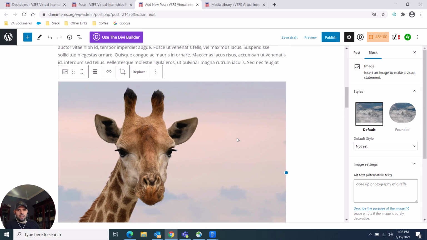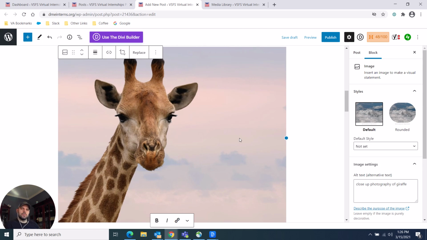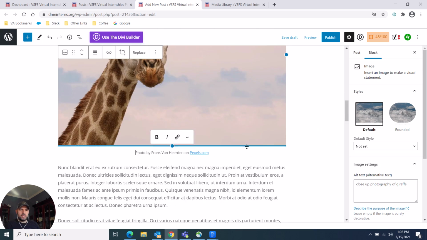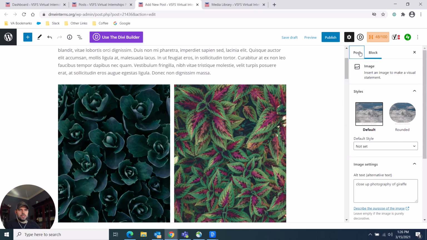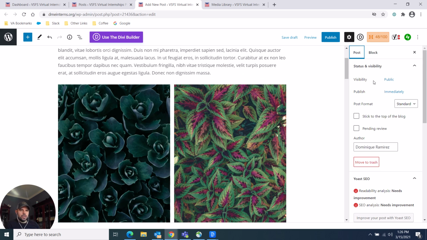It's kind of cool that they have an integration with Pexels. So anyway, that's kind of how you build out a blog. Some things to keep in mind. You're going to want to note